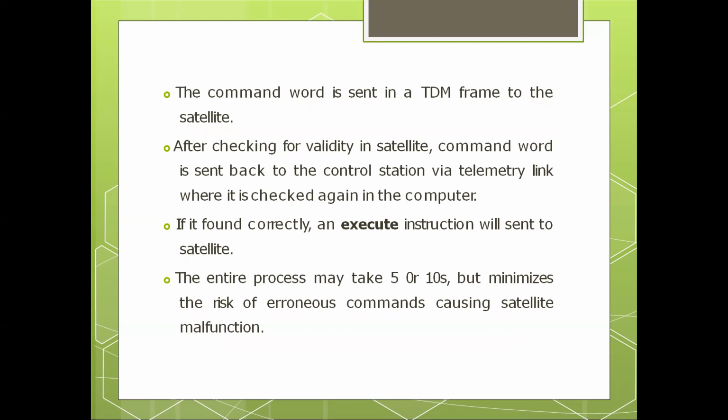Another important job performed by this command system is that it has a control code. This command system has a self-control code, and that self-control code is not understood by normal engineers. Therefore, the self-control code is first converted into a command word. How is this command word sent from the command system to the ground station? They use the time division multiplexing principle. By using this principle, all this data is framed to the satellite.